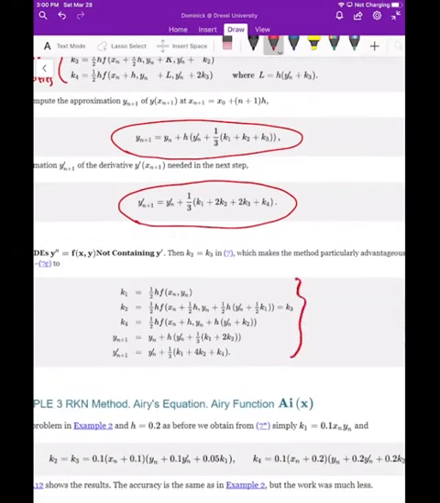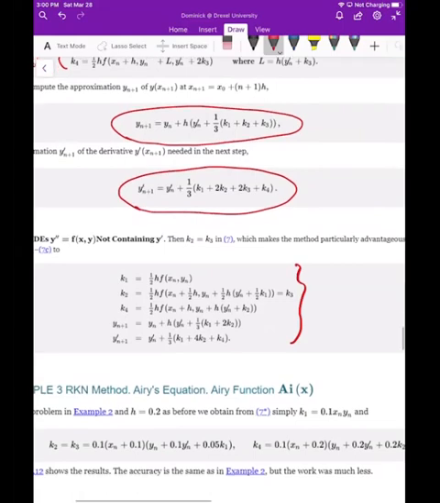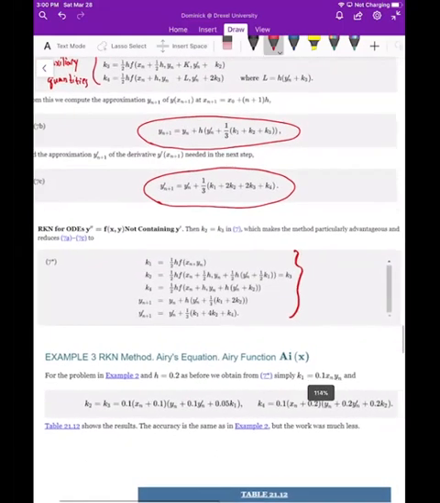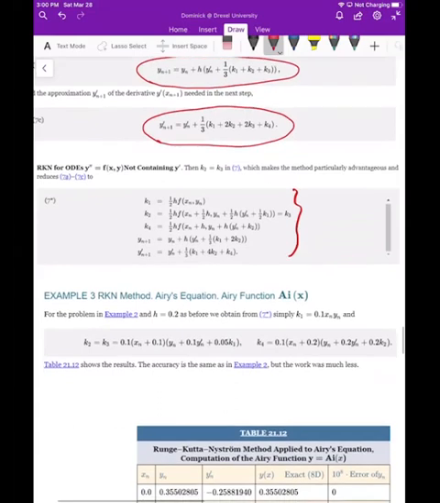So again, you can see that you sort of have one less component to deal with. Okay. So we're going to look at just a quick example of this. We won't go too much into the gritty details of it, but the idea is that if we were to look at the same example we just looked at, and we choose our h to be 0.2 as we did before,